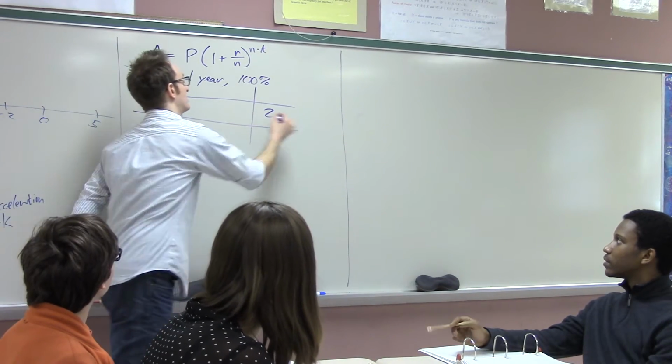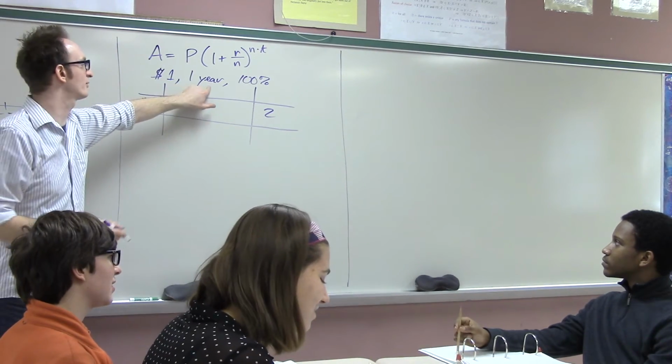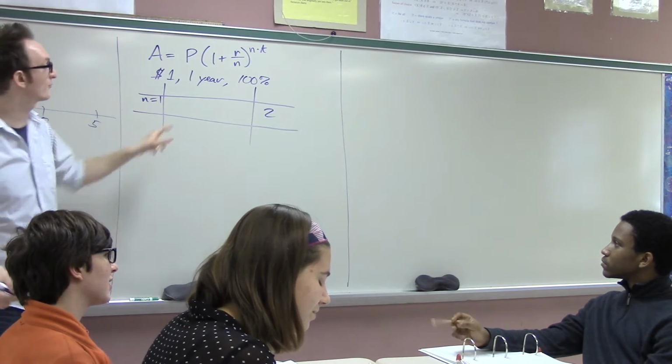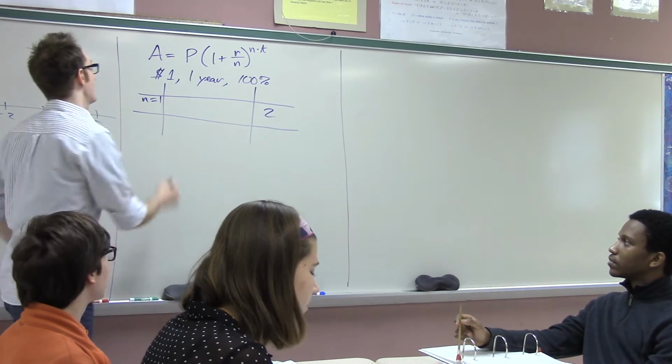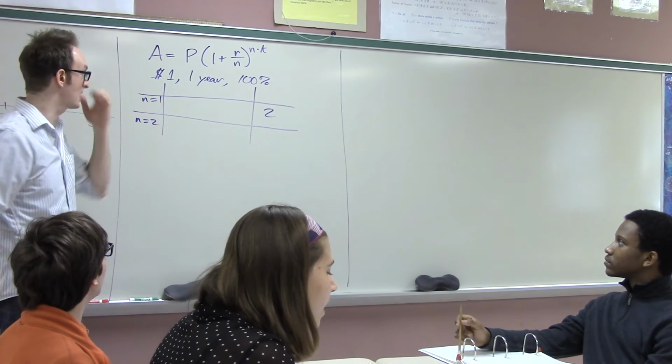Yeah, of course, because compounding 1 time per year, if we're only investing for 1 year, it's essentially like saying not compounding at all. If we're going to win 100% interest on $1, at the end of the year we should have $2. Okay, and then if instead we compound twice per year, well, then I can use the formula,